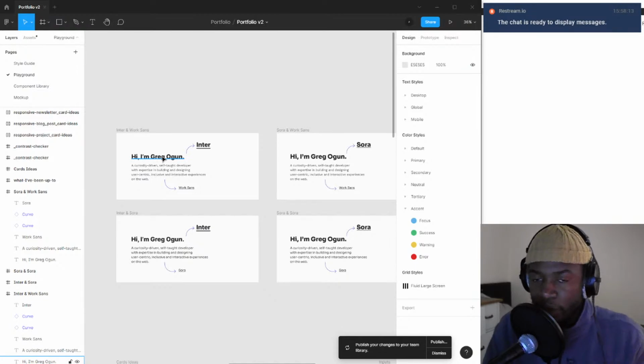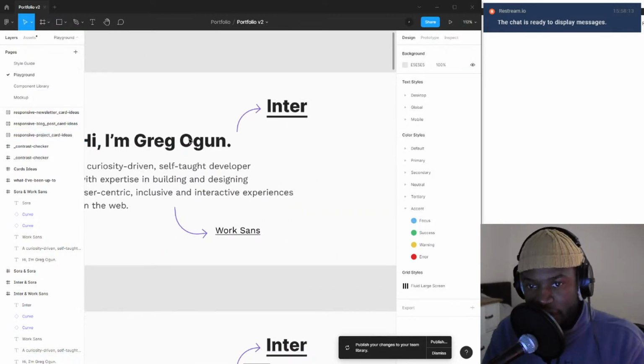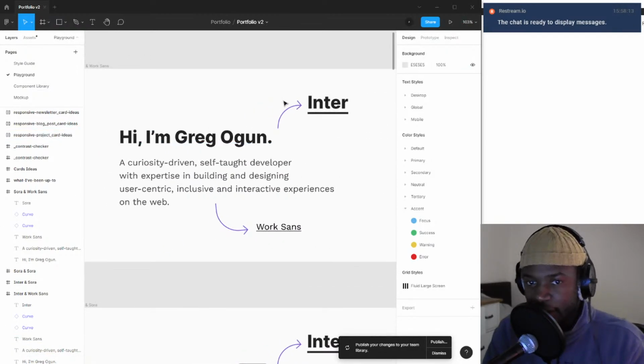Quite commonly you'll have one font for heading styles, and then you'll have another font for body, and sometimes you'll have the same one, which I ended up going for. Funnily enough, this was actually my first choice initially. I was actually going to settle on Inter and Work Sans,